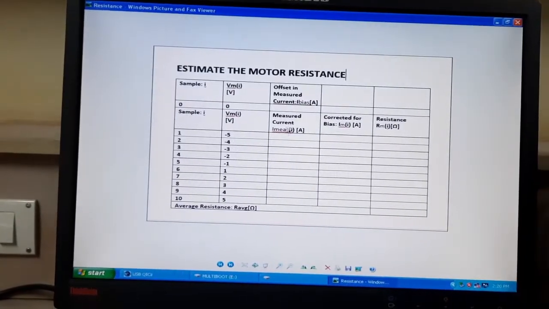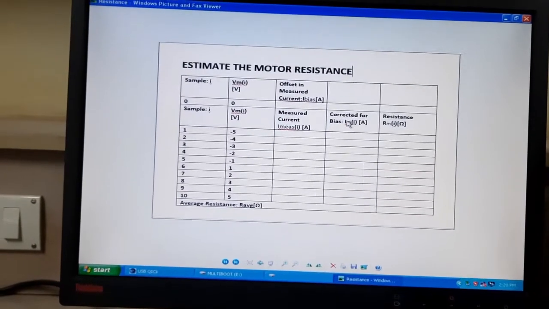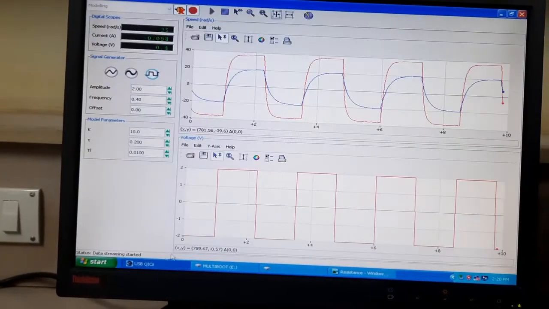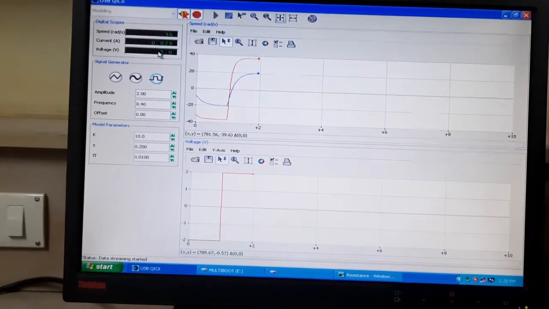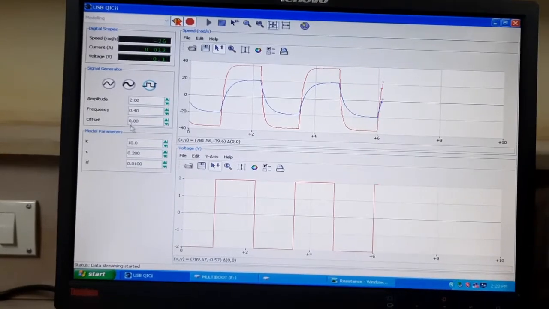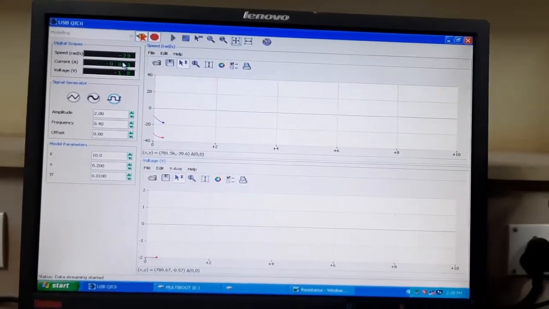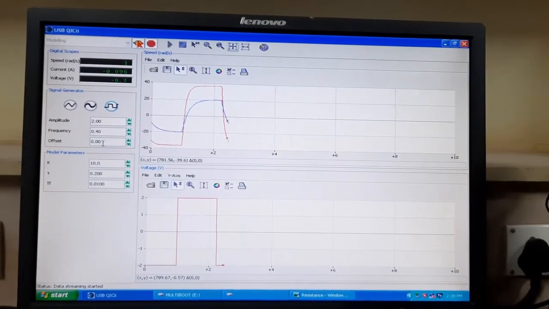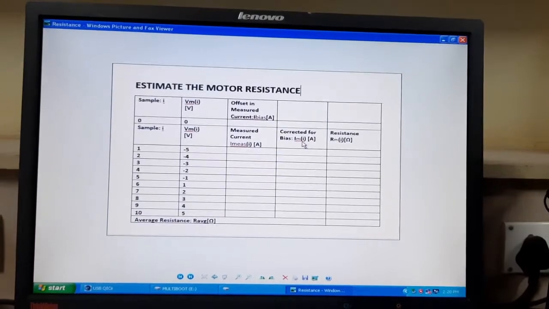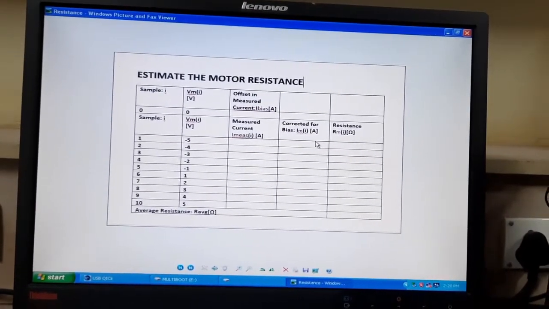In the table our current and corrected current are required, which means we have some bias current. It is showing some current at 0 offset value, which is our bias current. So the corrected current is the measured current minus this bias current.